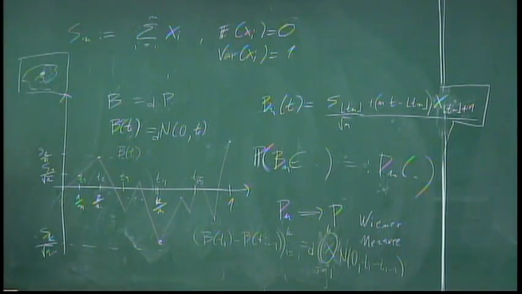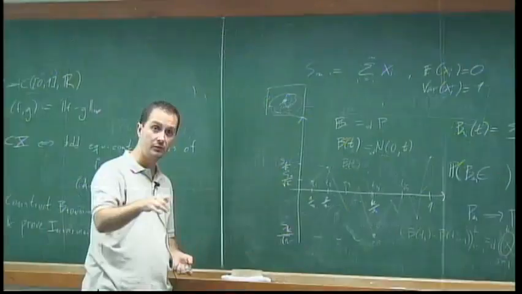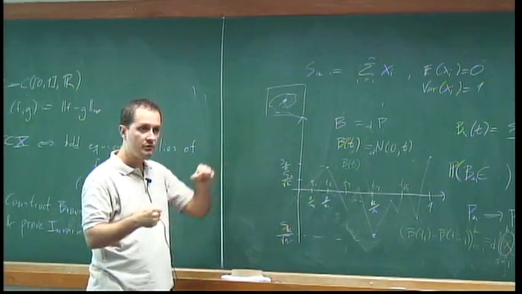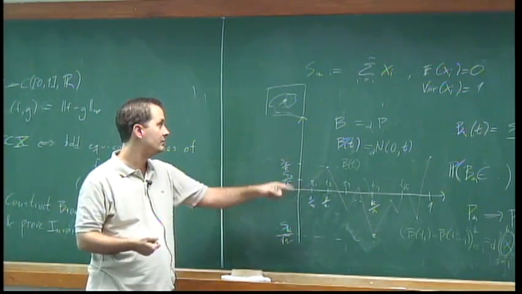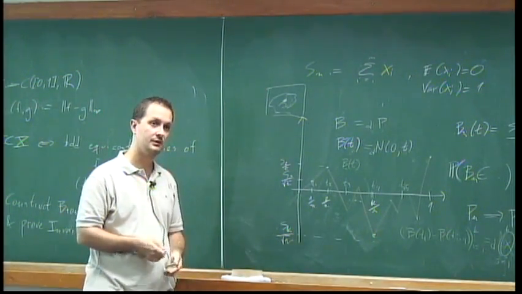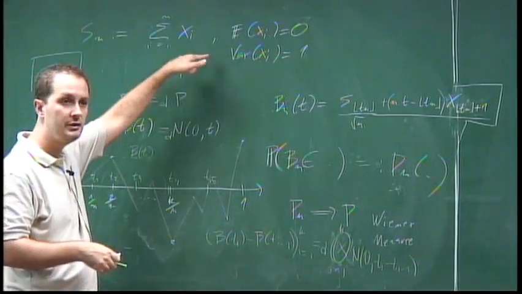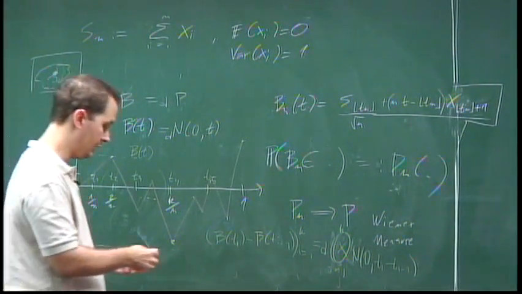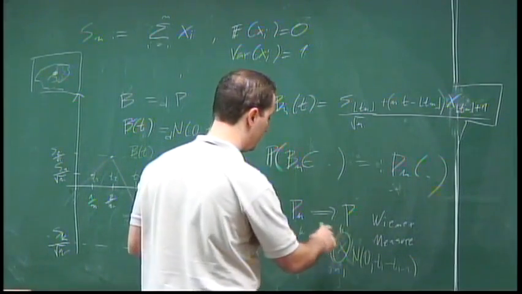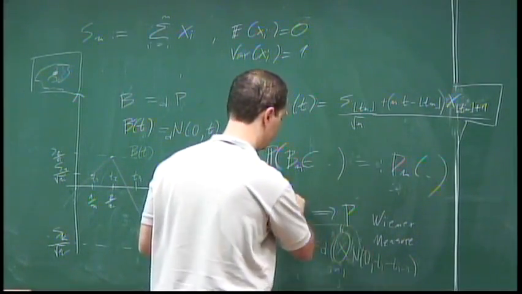The pollen was very light, but it was still not as light as the molecules in water. So the molecules would come and bump, it would move around, but it would take lots of bumps to be moved around. So when you add up these bumps, you get Gaussian increments for the process. It's something like this, where we're adding lots of independent terms. But it took a while for mathematicians to actually make sense of this. The guy who made sense of this was Norbert Wiener, which is why it's called Wiener measure.